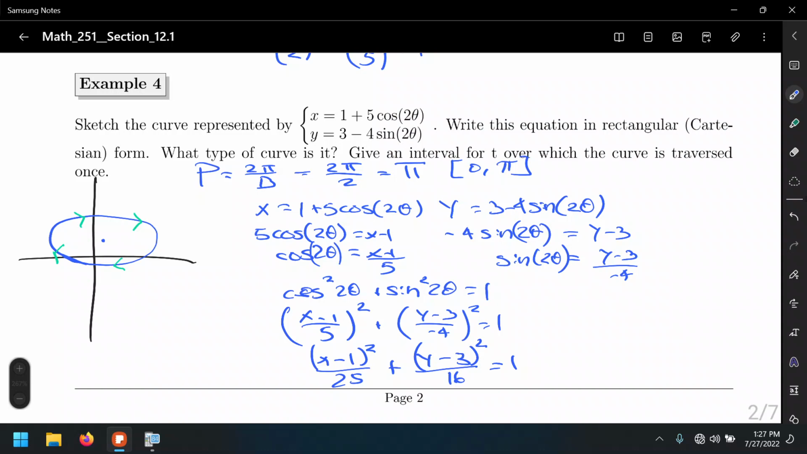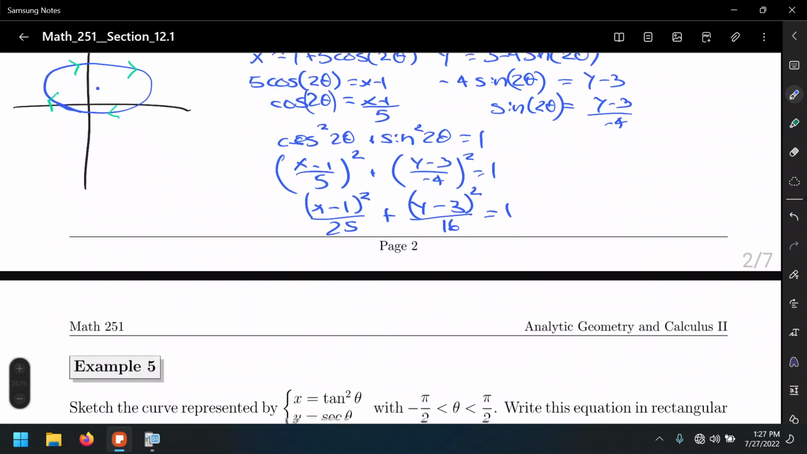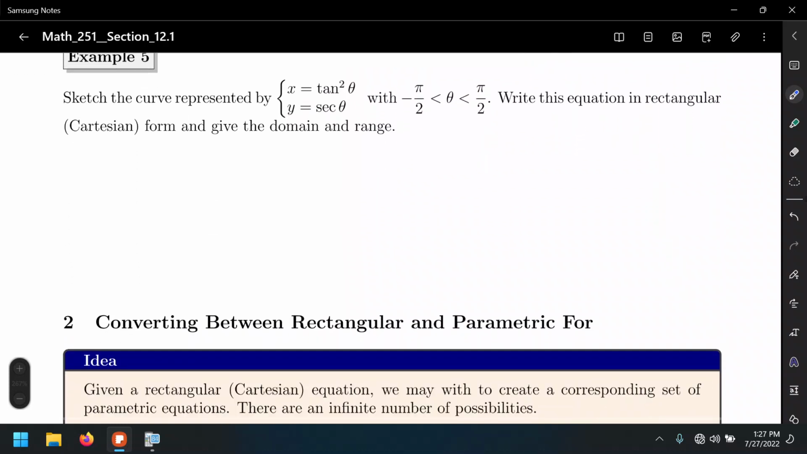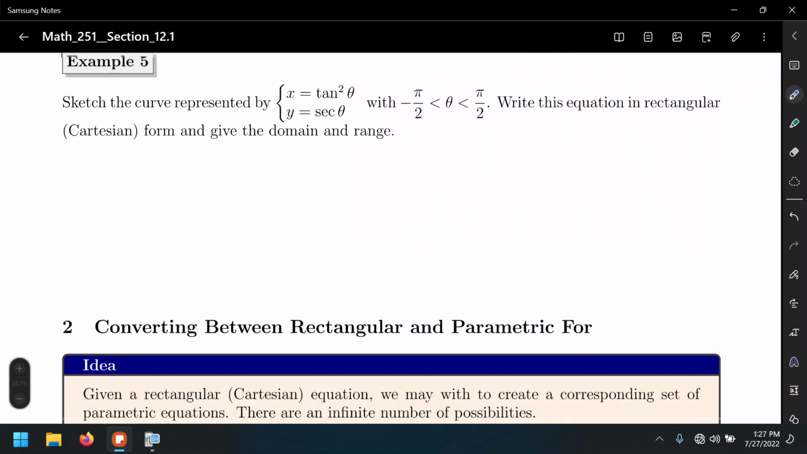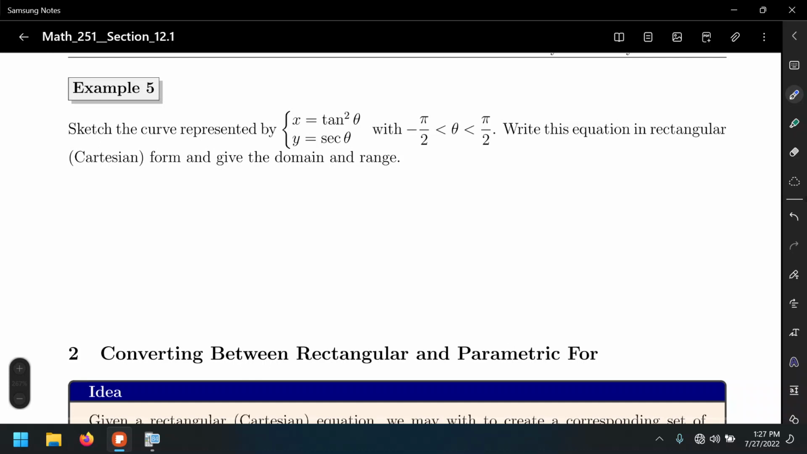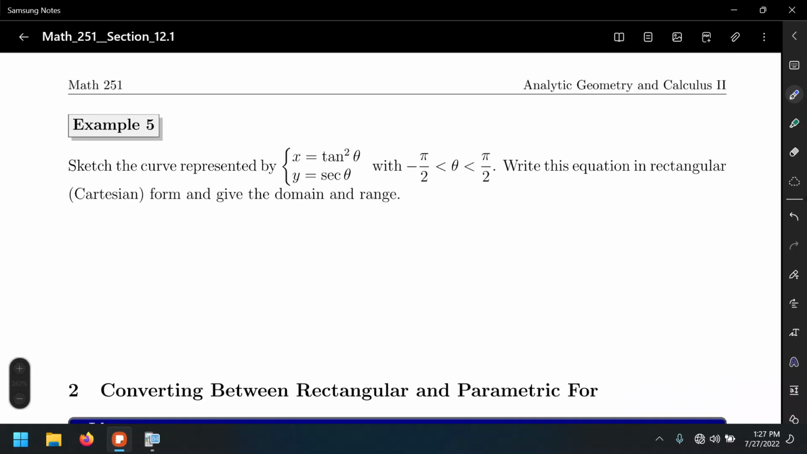And for the next one, you might want to be very, very careful. You'll see why. So number 1, let's sketch the curve represented by x equals tangent squared theta, y equals secant theta within this interval, negative pi over 2 to pi over 2. So in this case, this is our